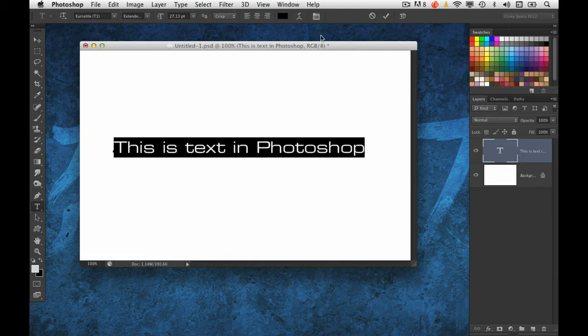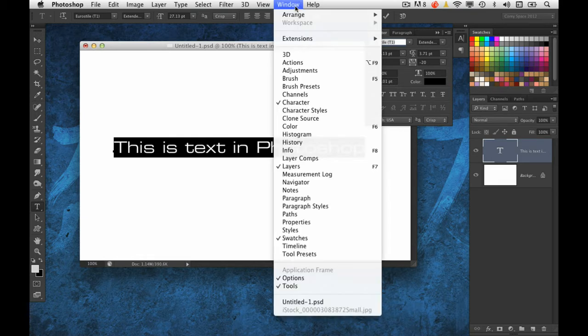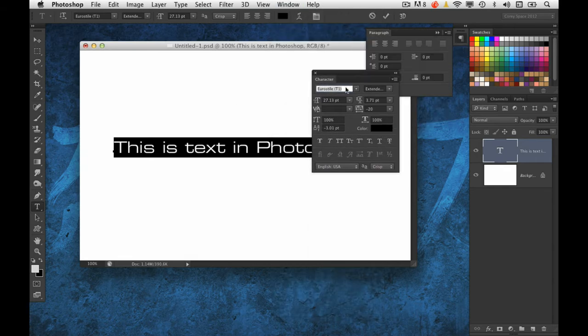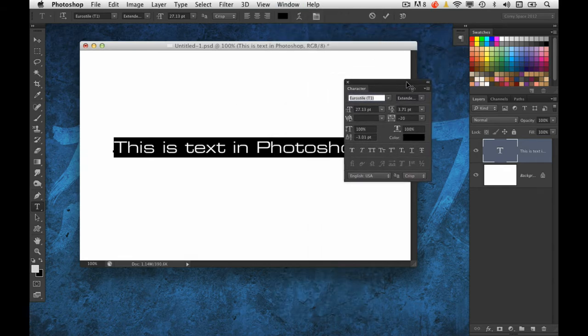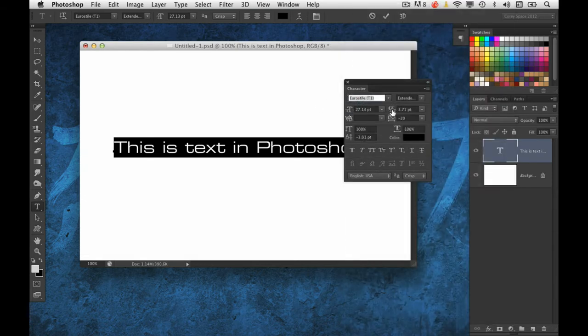So you can actually modify that several ways. I'm going to go ahead and open up the character panel, which is by clicking this icon here in the options bar. You can also access it by going into the Window menu and choosing Character right here. Now inside the Character panel is where all your text formatting features are available. You have that font list right here. You can also change the size, leading, which is the spacing between lines of copy, the kerning and the tracking,